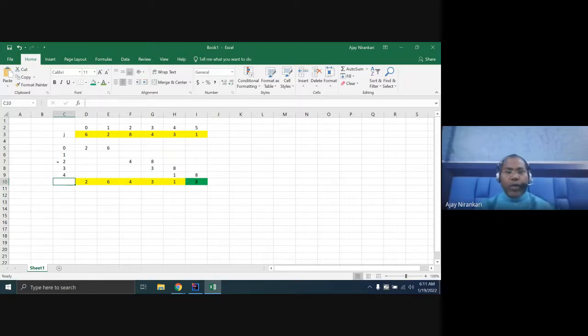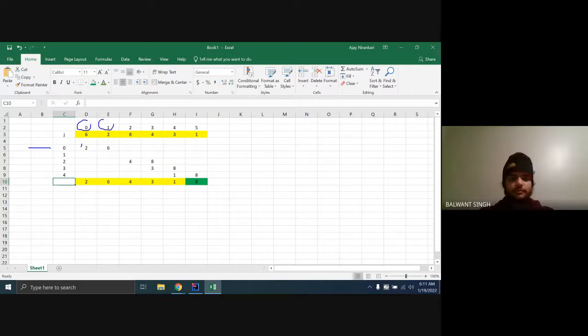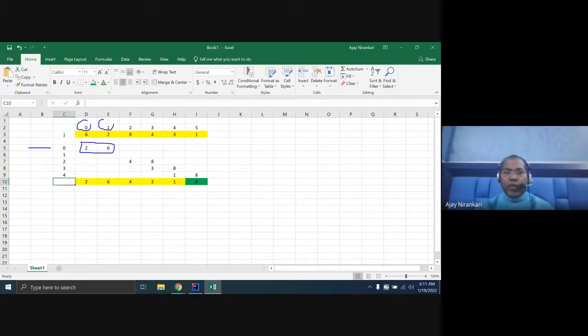Whenever you run one pass, first you compare the first position to the second position. Then you find that swapping is required, so you swap. Then again you check this with the next element. Again you think no swapping is required. Again you check this position's data with this position. You check again, swapping required, you just swap it.